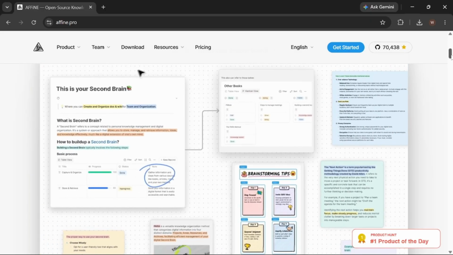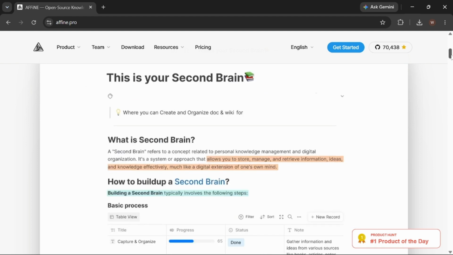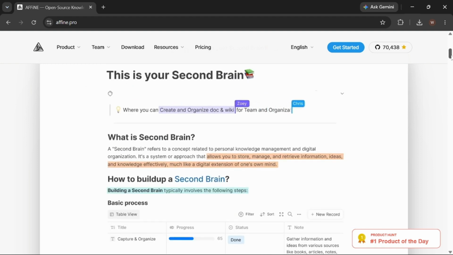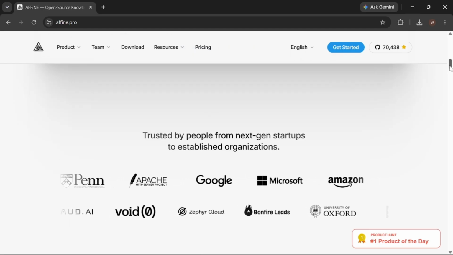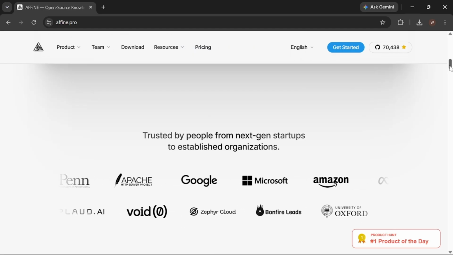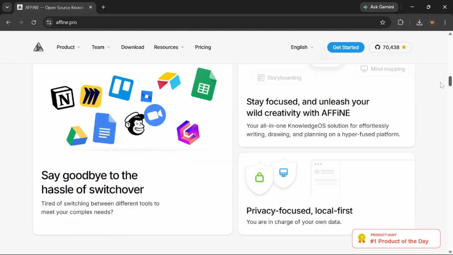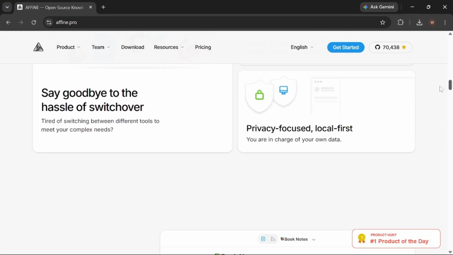Key features. One of the most important features is the local first design. Your data is stored directly on your device. This allows offline work without depending on cloud storage. It also gives you more control over privacy and ownership of your information. Affine includes AI tools that help you write faster, summarize long notes, and search within your workspace to find useful